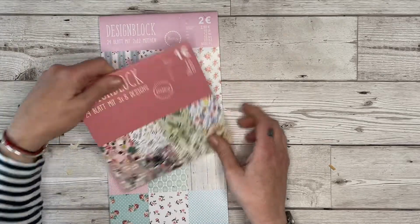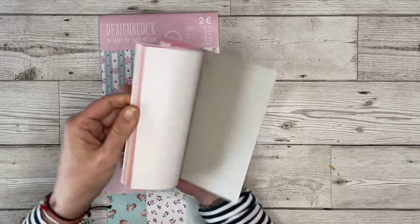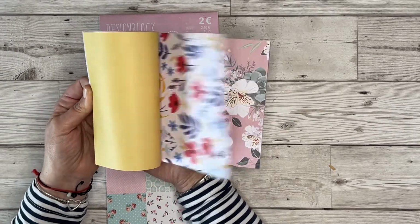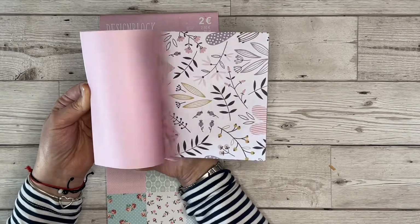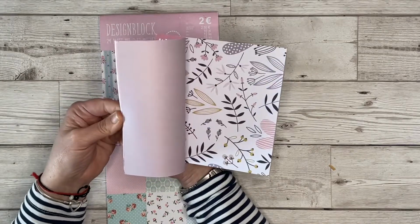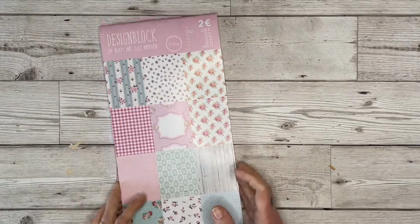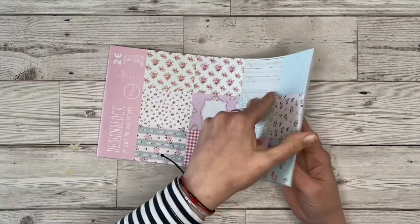Here's another one, slightly bigger. This is 15 by 15 centimeters. 3 pages each of each design. Not all of them are to my liking. I mean, I don't really like this sort of stuff, but well, cute enough. And here's another one. This is 15 by 13, and